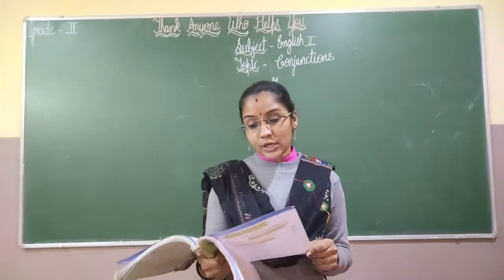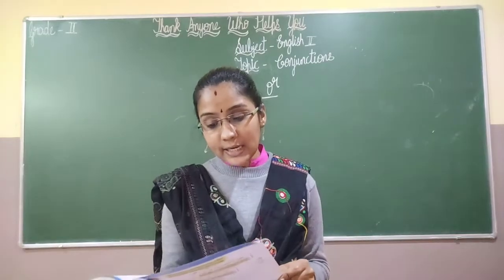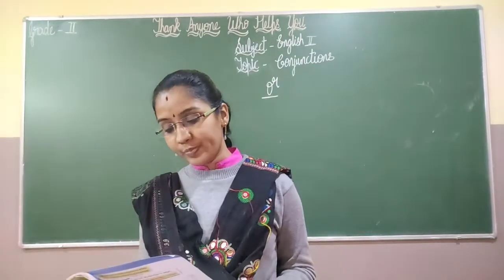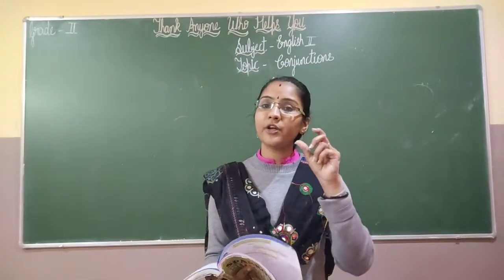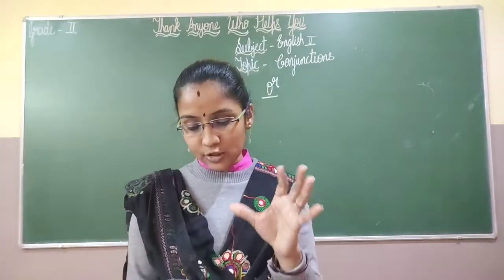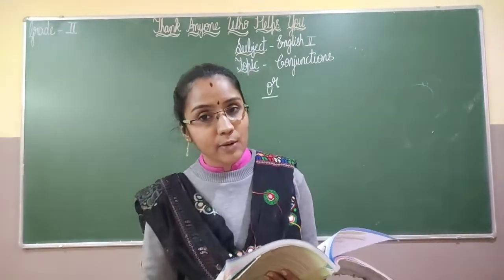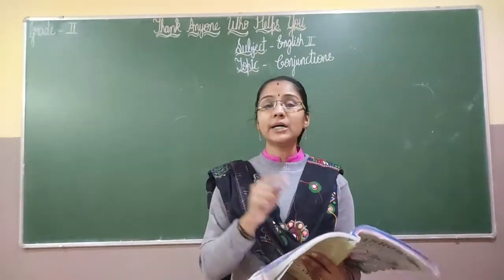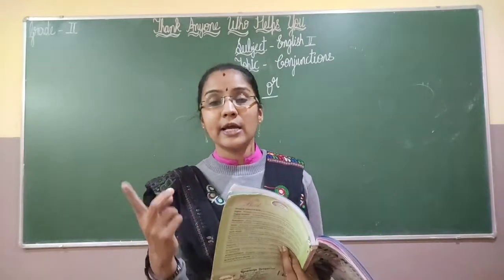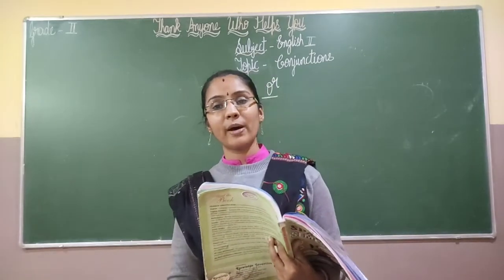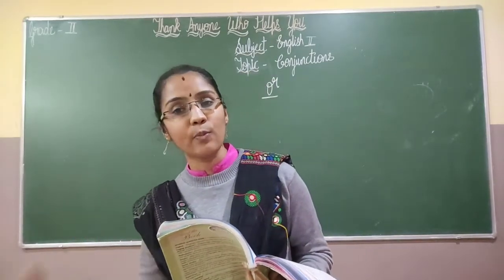Okay? Yes. So for example, Sunny can buy a book. He can buy a board game. Here we are talking about only Sunny. So what can Sunny buy here? Sunny can buy either a book or he can buy a board game. Here we are giving a choice to Sunny. If you want to buy a book, you buy a book. If you want to buy a board game, you can buy a board game.